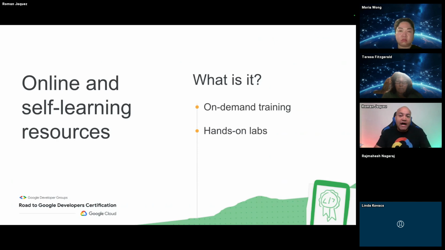There's a bunch of online resources that you can take advantage of. We have on-demand training, online and self-learning resources. We're going to be providing you with preparation for the exam, a test prep, as well. But Google, in partnership with the GDG, with Google Developer Groups,